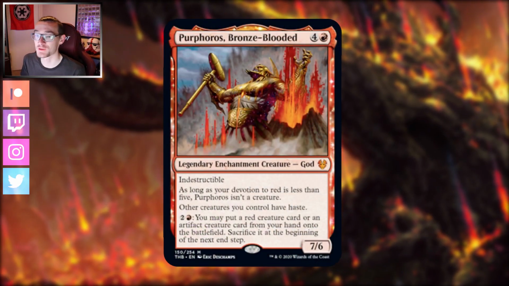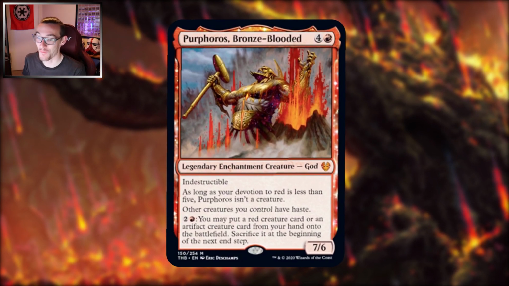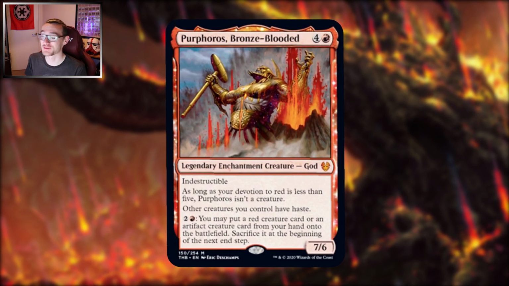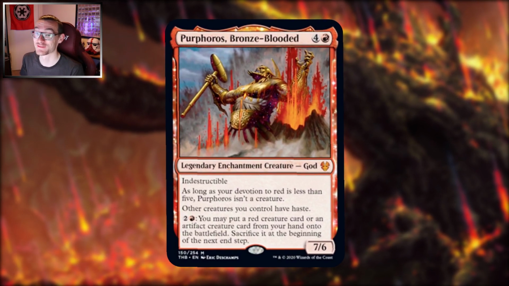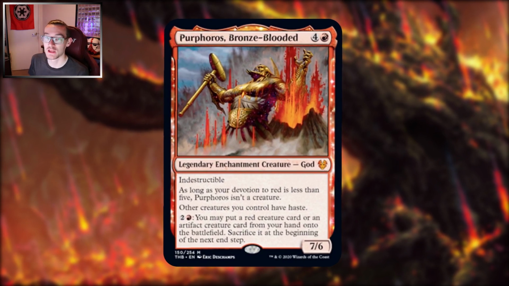Today we're looking at Purphoros, Bronze-Blooded as a commander for a deck tech. Now, when I was looking at this commander, going through the cards that could work with him, the whole time I'm just sitting there thinking, oh, this is a dirty, filthy, disgusting commander. This is amazing. So the new Purphoros is a 5 mana, 7/6, indestructible god as usual,